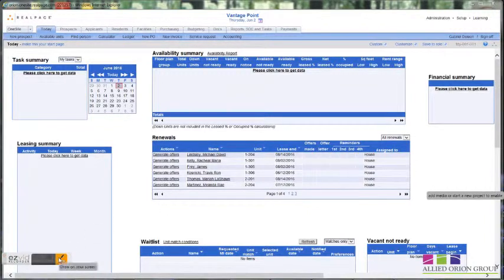Welcome. Today we're going to cover the homepage and menu tabs within the RollPage interface. Let's begin. When you first log on to RollPage, what you're looking at right now is the main homepage. Depending upon your user group and profile, your homepage might look a little bit different, but